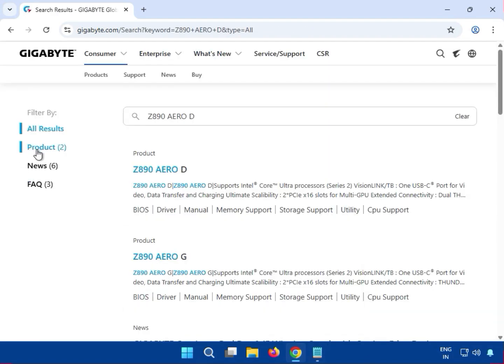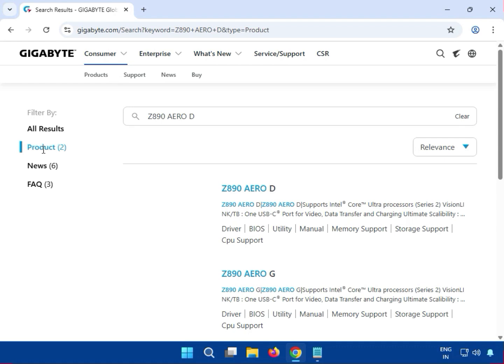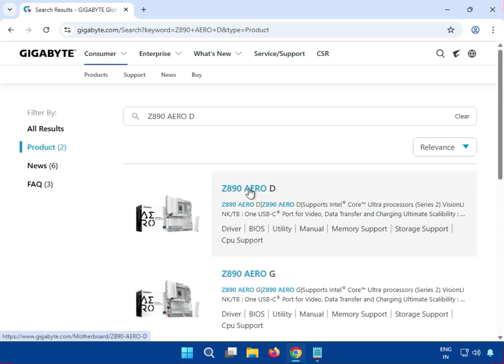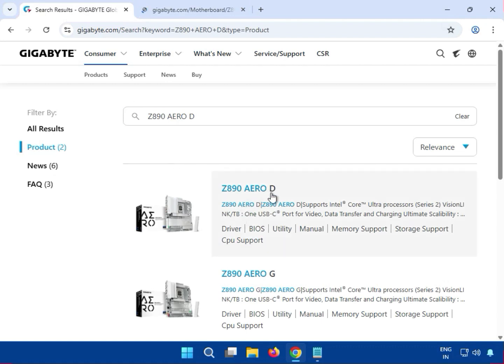Then guys click to product and this one. Actually there are two types, D and G, so you can install any because the installation process is the same. You can follow this for D and install G, so it's okay. Go to this tab,